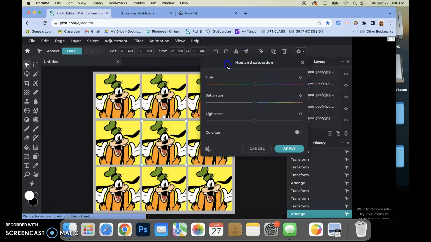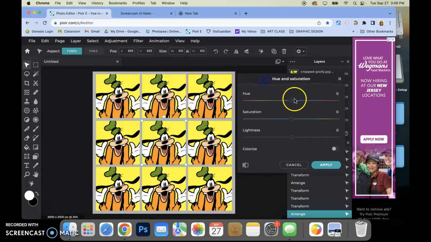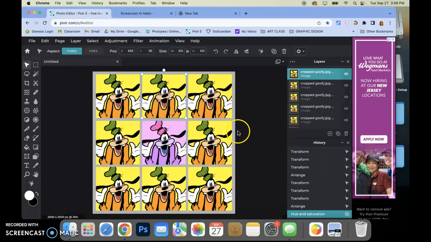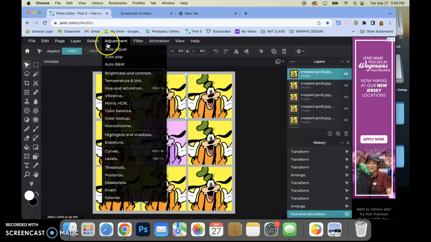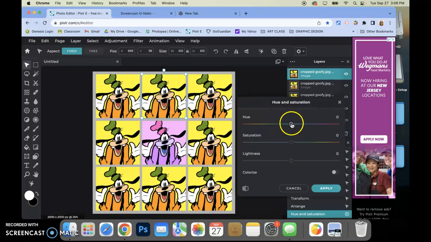Okay, you get this window that opens up. You can move it over. If you slide the hue, you can see that the colors are changing. So that might be just exactly what you're looking for. Okay. Another way, and I'm going to do the same exact thing, but I'm going to use this one right up here. You can go to Adjustment, Hue Saturation, and you can do the same process, but there's a subtle